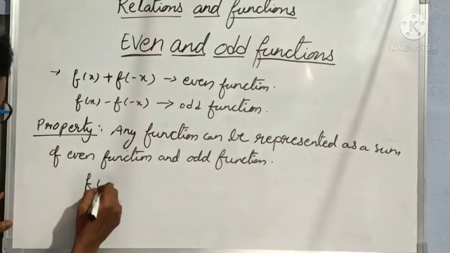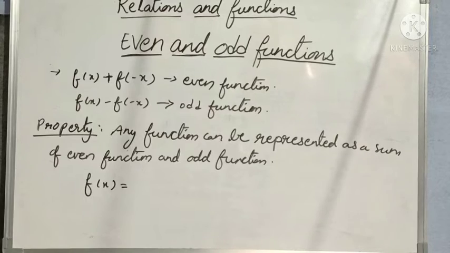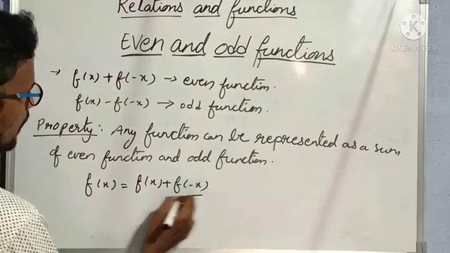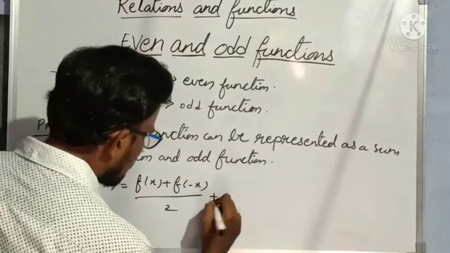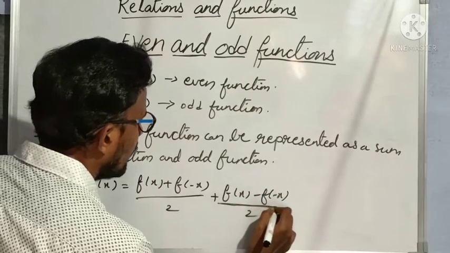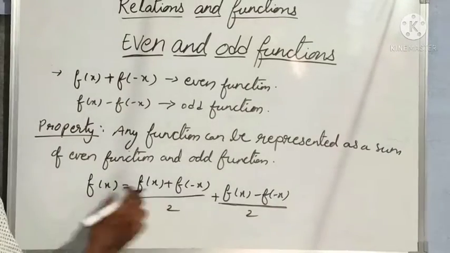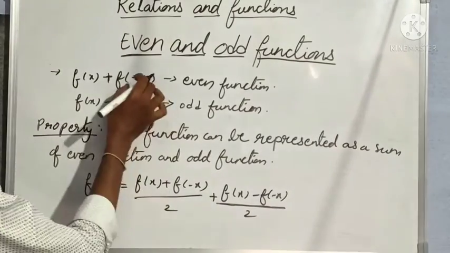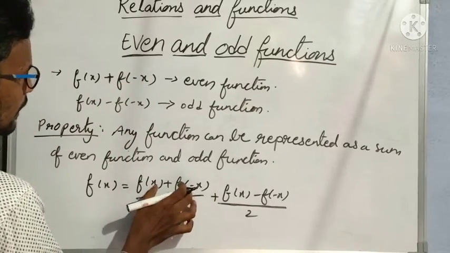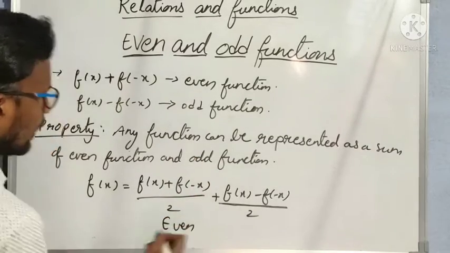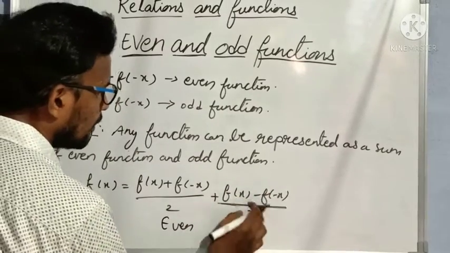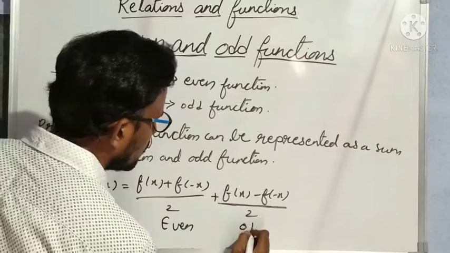So I am writing f of x is my function. So I take f of x plus f of minus x by 2 plus again f of x minus f of minus x by 2. Why I am writing by 2 is that I should get f of x is equal to f of x on both sides. Anyhow, now only we have seen that f of x plus f of minus x, even if 1 by 2 is a constant, we know that this function is even. Correct? In the same way, we have discussed f of x minus f of minus x, even with this 1 by 2 as constant, is odd.